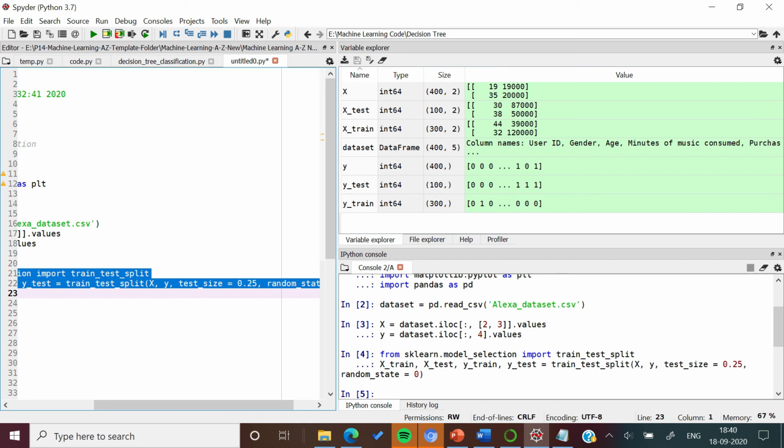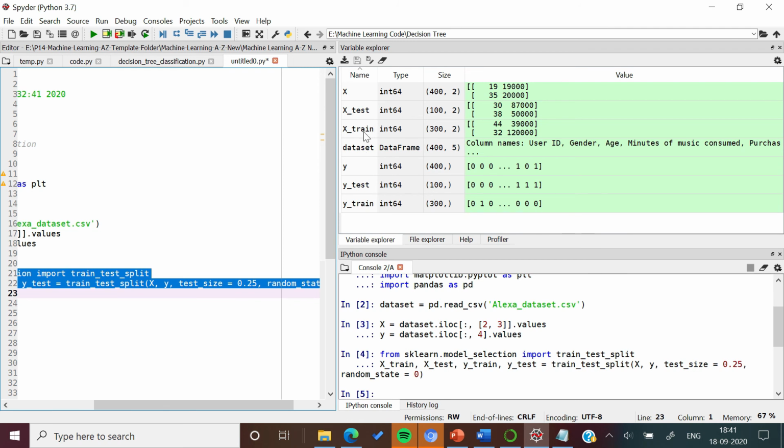It means 25% of records, that is 100 records, will be used for testing, and the remaining 300 will be used for training. So you can check here, in xtrain we have 300 records with 2 columns. In xtest we have 100 records with 2 columns. In the same way, in ytrain we have 300 records and in ytest we have 100 records.